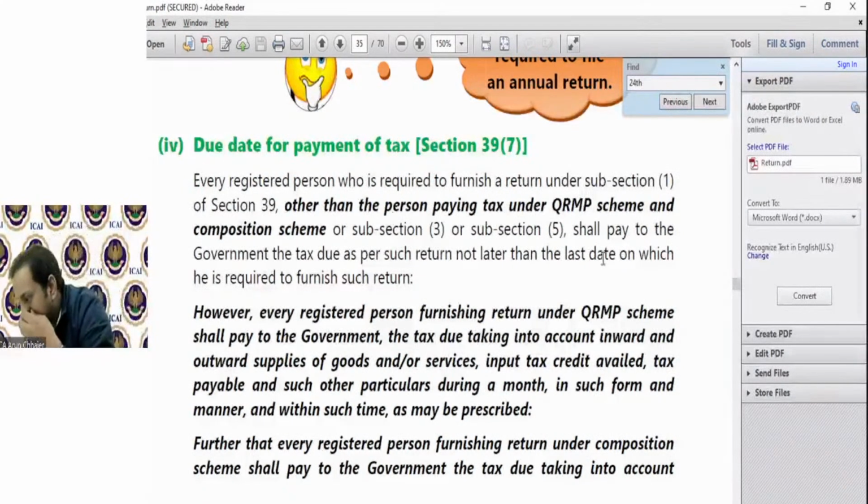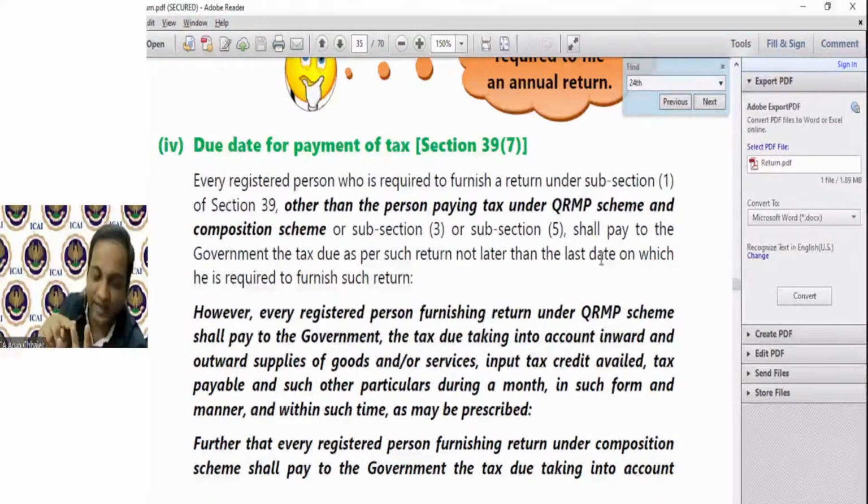किस पे पेनल्टी लगेगी? देखो पेनल्टी 3B और 1 के ऊपर नहीं है, ठीक है। 3 चीज में डिफरेंस, लेट फीस, इंटरेस्ट और पेनल्टी। लेट फीस अगर टाइमली फाइल नहीं किया तो इट विल हैव द लेट फीस, 20 रुपीज पर डे अगर नील टैक्स लाइबिलिटी है, 50 रुपीज पर डे अगर आपकी टैक्स लाइबिलिटी है। दूसरा, इंटरेस्ट GSTR 1 पे नहीं लगेगा, क्योंकि